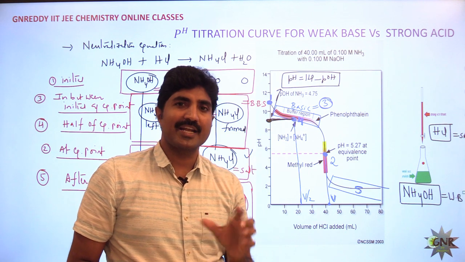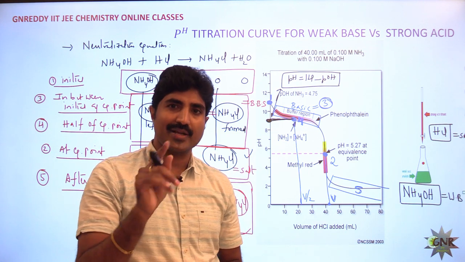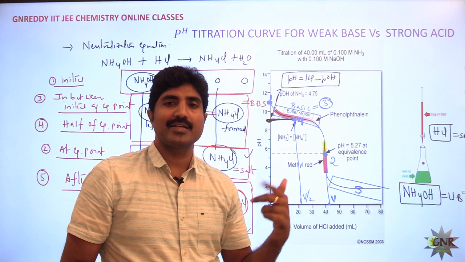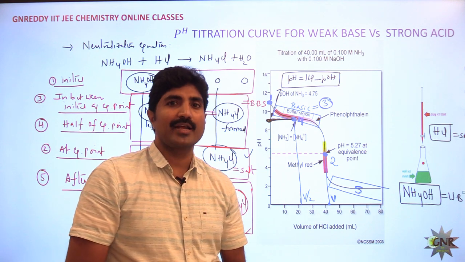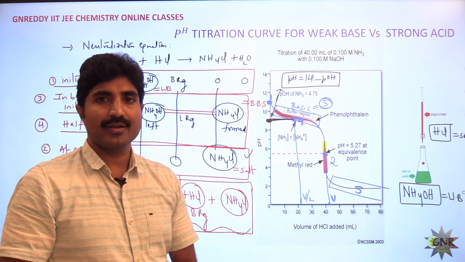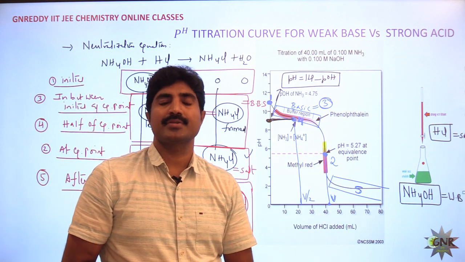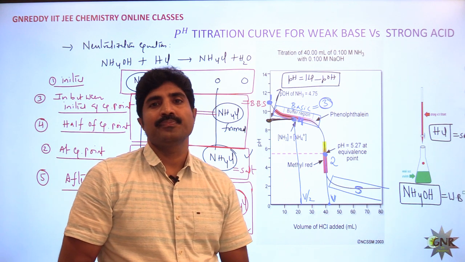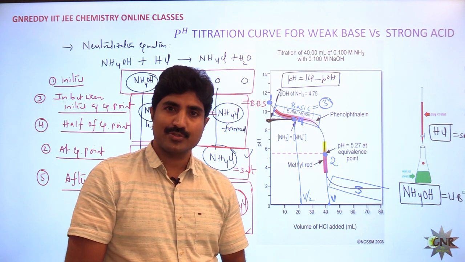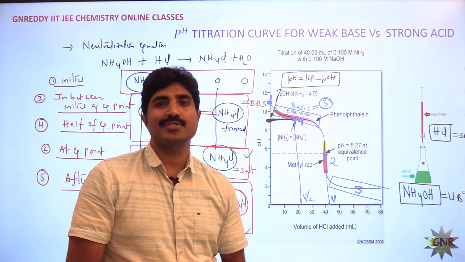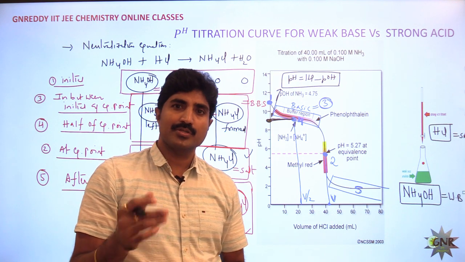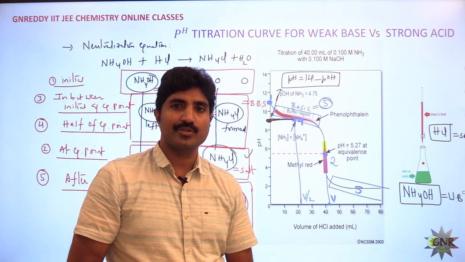In this session I explained 3 titration curves. One is strong acid versus strong base, where there are 4 types of calculations, second is weak acid versus strong base, where there are 5 types of calculations, and third is weak base versus strong acid, where also there are 5 types of calculations. These are the simple titrations. Okay students, in the next session I will explain complicated titration curves: H2CO3 versus sodium hydroxide, H3PO4 versus sodium hydroxide, and even sodium carbonate versus HCl titration. Those are also very important from the IIT Advanced point of view.